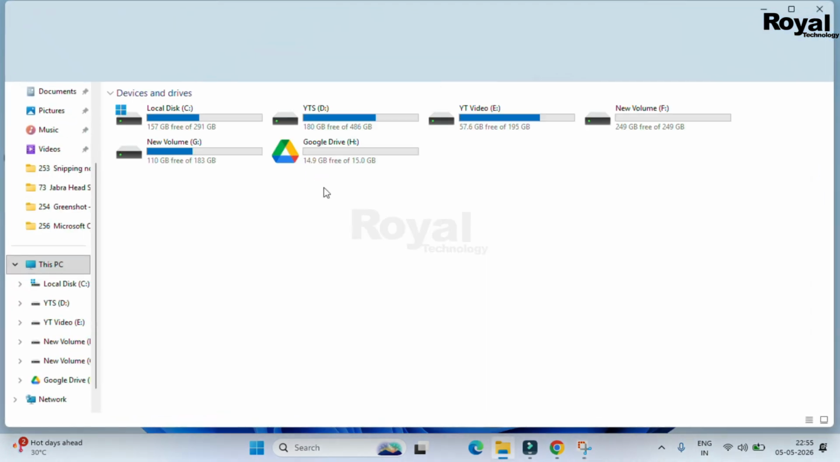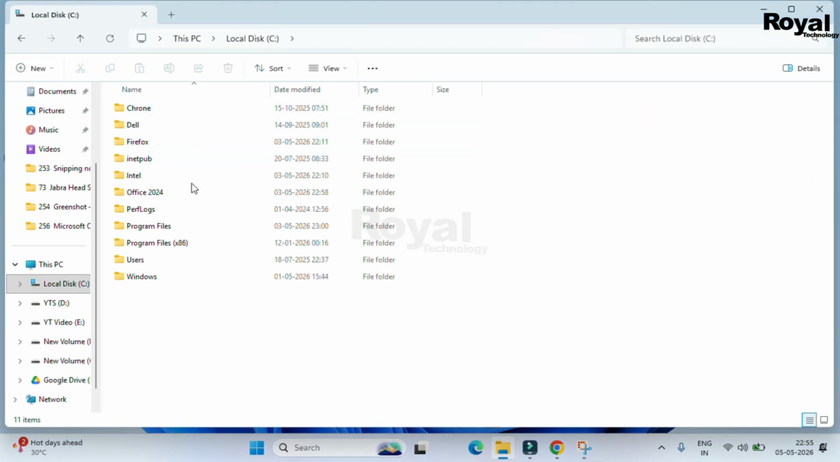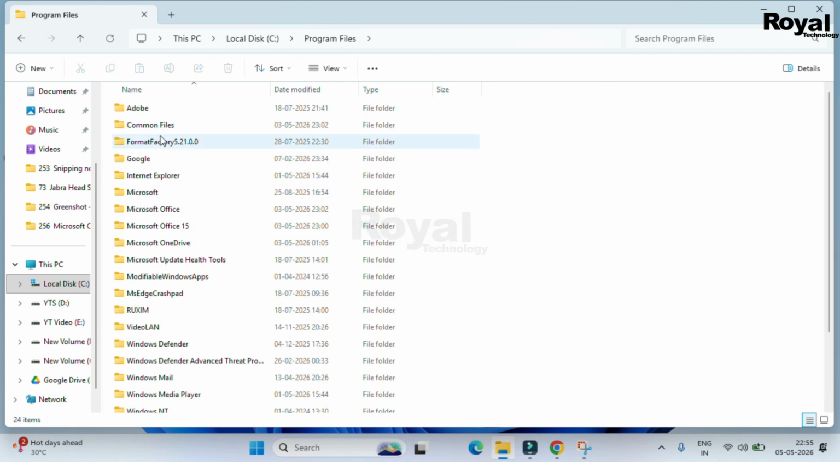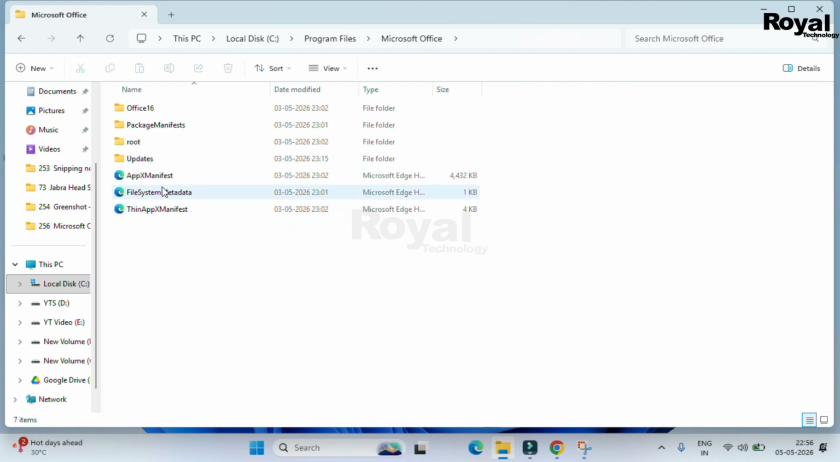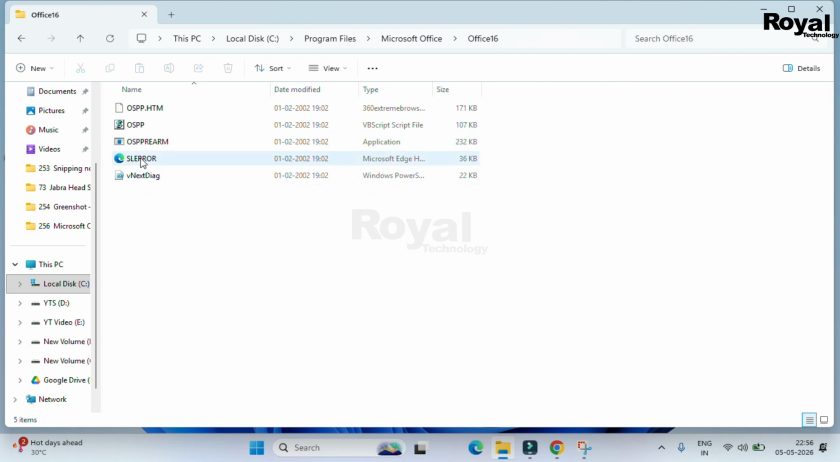Just go to This PC, open C drive, and then go to Program Files. Then over here is the MS Office folder. We have a few other folders also, like MS Office 15. Don't open this first MS Office folder. Once open, then over here Office 16, and here